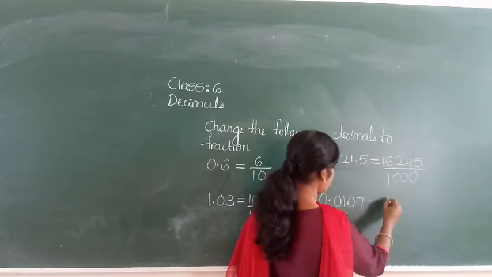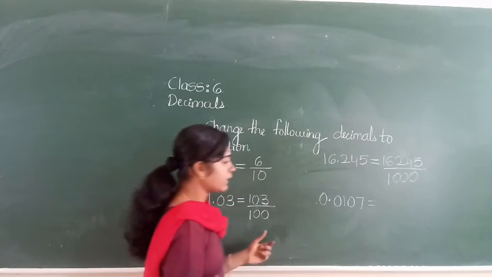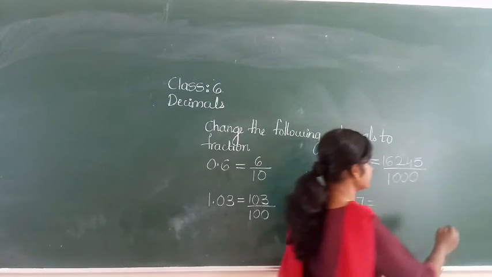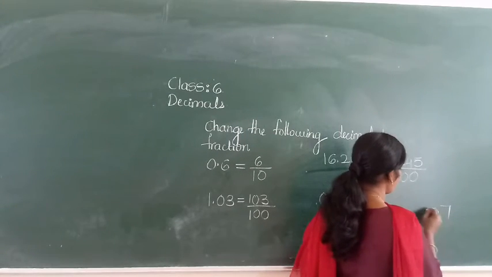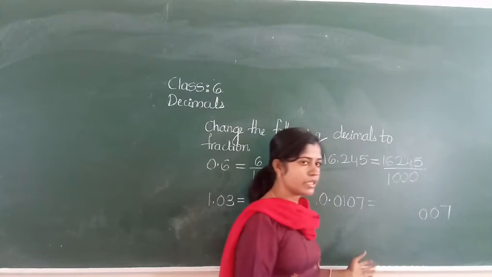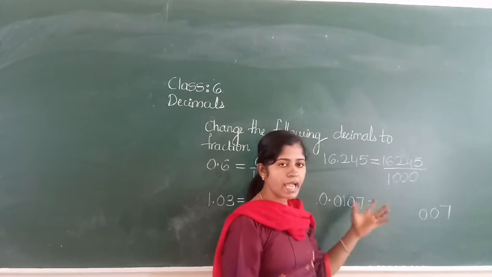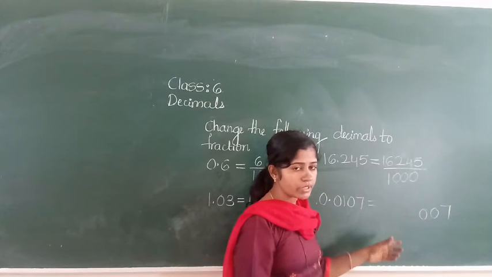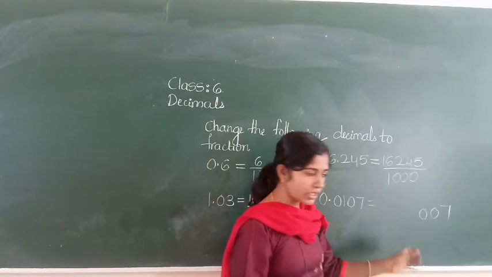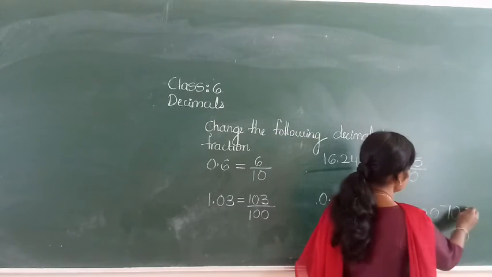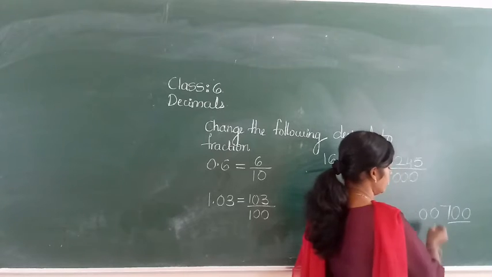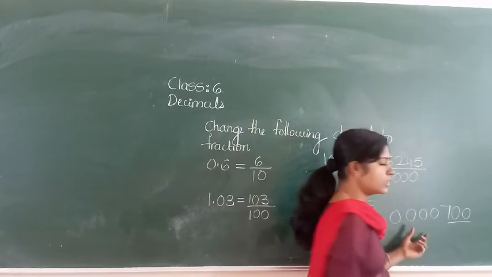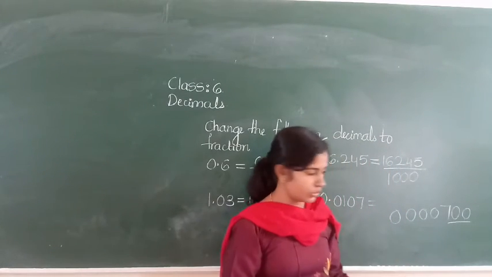Next I will take one more example, 0.107. See here, when you are writing zeros before the digit, 7 is there. If you give 0 0 0 on its back side, it doesn't have any value. When will the 0 get its value? When you write the 0 after the digit. See here 7 0, now it is 700. You can give 100 zeros before it and it will not have any value.